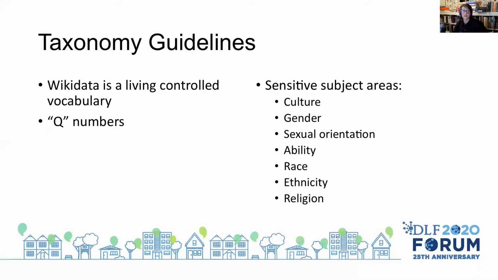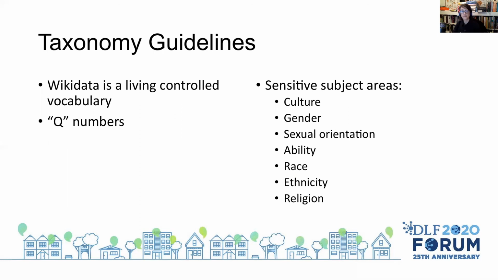Curationist's goals is to provide a social justice lens on cultural content, it was important that the taxonomy guidelines reflect these values. I searched Wikidata for various terms in sensitive areas, such as culture, gender, sexual orientation, ability, race, ethnicity, and religion. Where there were multiple terms for a single concept, the guidelines indicate preferred terms and give scope notes. They also identify problematic areas, such as the terms for race and ethnicity, which on Wikidata often reflect a North American bias. Limitations like this were also noted in the guidelines.